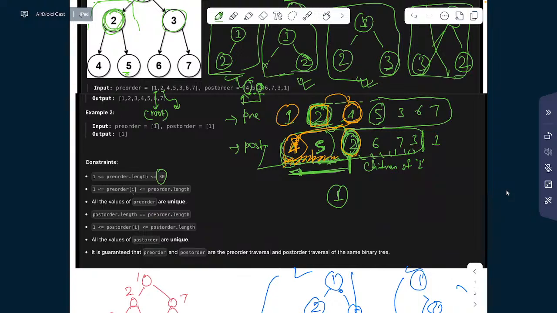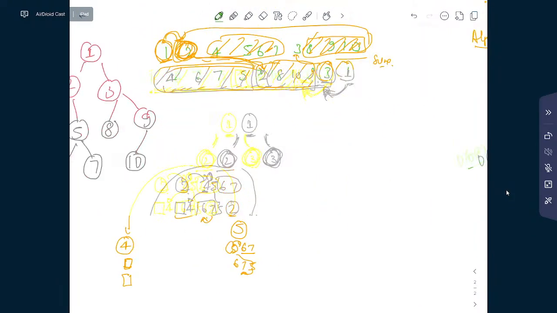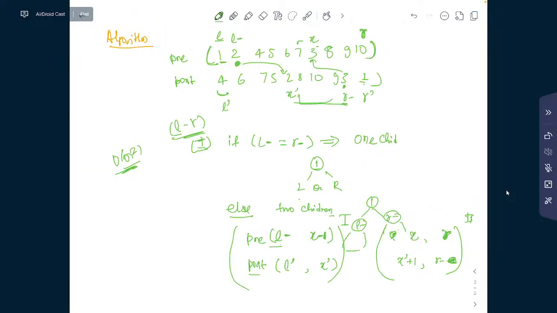Pre-order values are less than, okay, the node values are also below 30. All the values are unique. Post-order length is the same. Pre-order and post-order are also the same. It is guaranteed that they are of the same binary tree. Yeah, that's fine. So here we can really go with an order n square approach, but I would like to have a